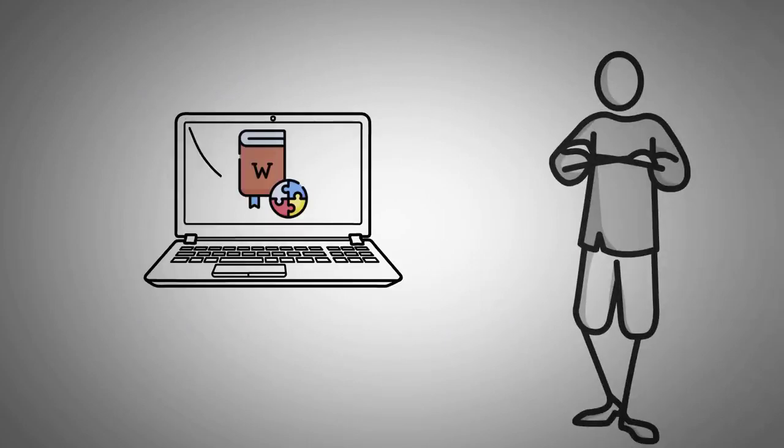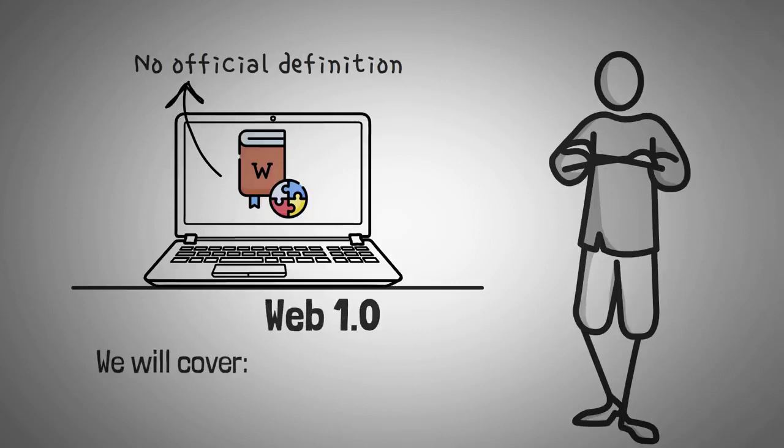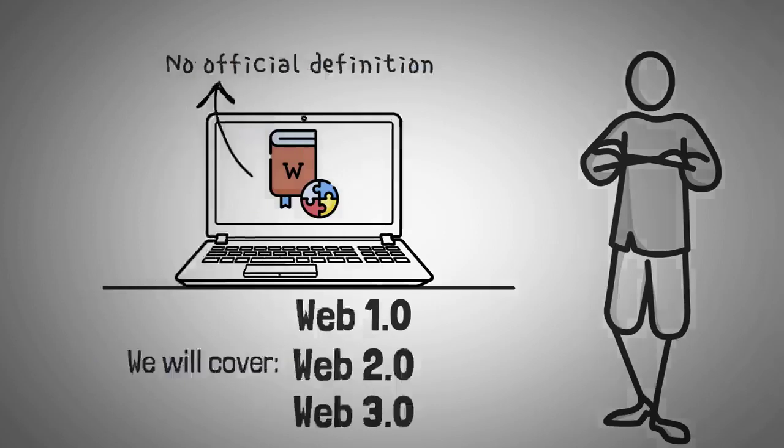Before we officially start this video though, I just want to say that there's not some internet encyclopedia that's verified by the Institute of Global Technology that has a strict definition of what Web 3.0 is. So instead, I'm going to give you a rough definition of what the internet says Web 1.0 is, what a lot of people are saying Web 2.0 is, and then I'll explain this new phenomenon that a lot of people are calling Web 3.0. Let's start with 1.0, an initial overview of what the internet was.